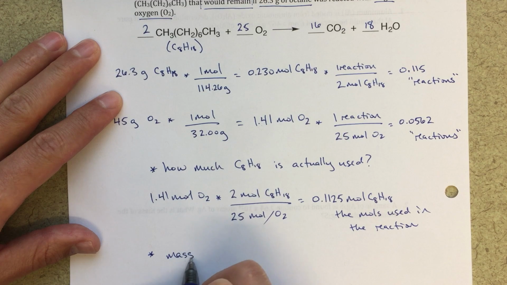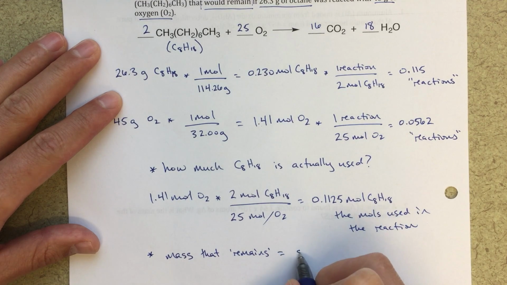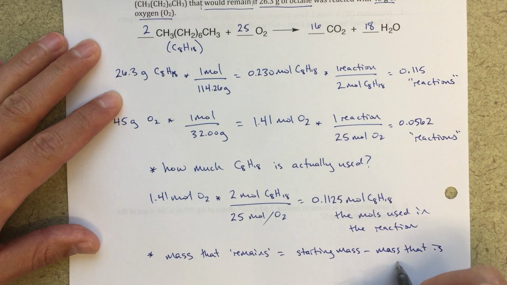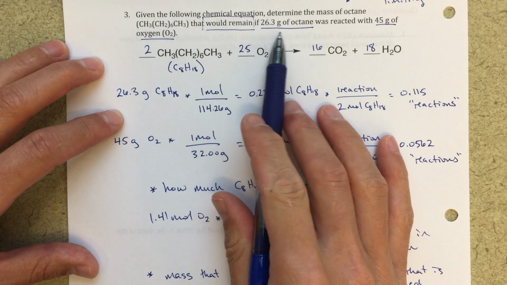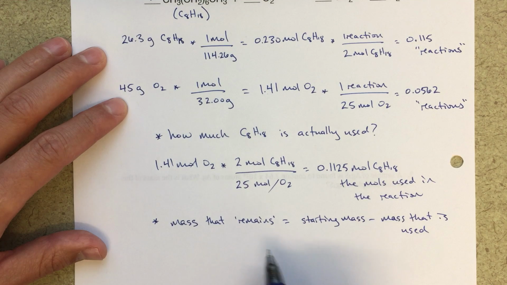So let me write that down here. The mass that remains, the excess, should equal the starting mass minus the mass that is used. And we know what the starting mass is, right? The starting mass is 26.3 grams. And the mass that is used, well, we can actually figure that out now, right? We have the number of moles that will be used. So we can convert this moles,